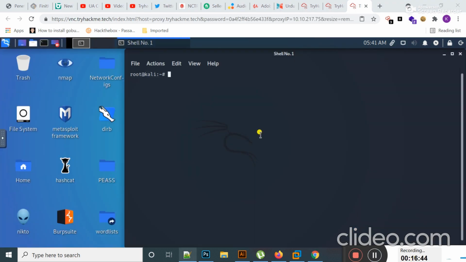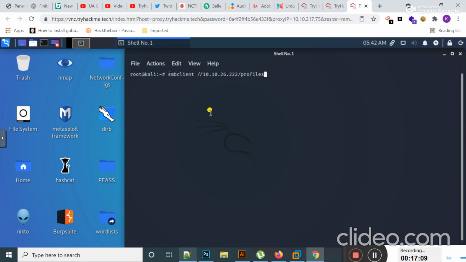Now, it's time to use smbclient. Here I should type smbclient, followed by the IP address, 10.10.26.222, and then the share that I want to investigate, to enumerate, that is profiles.